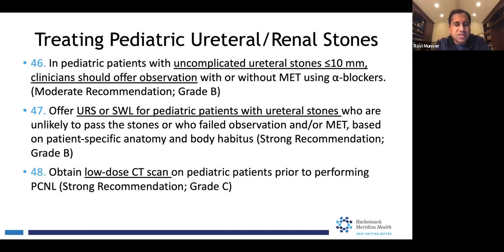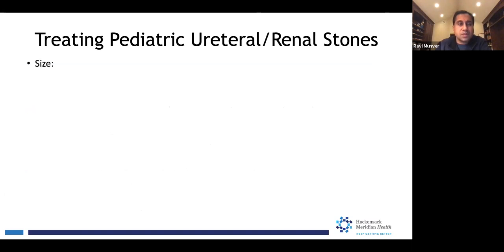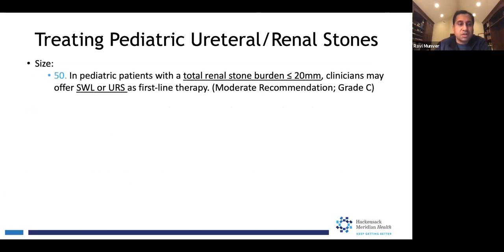Number 48, obtaining a low dose, and I emphasize a low-dose CT scan on pediatric patients prior to performing PCNL is mandatory. For ureteral stones, we should not routinely place a stent prior to ureteroscopy in children, similar to adults. Now, in terms of the size, in pediatric patients with a total stone burden less than 20